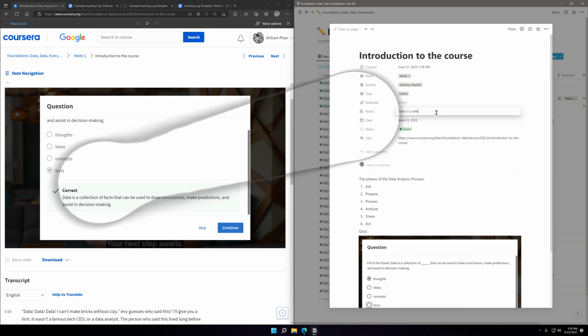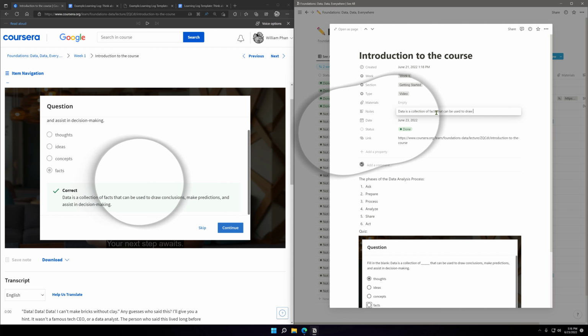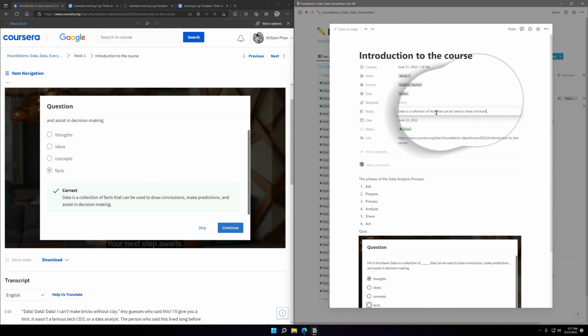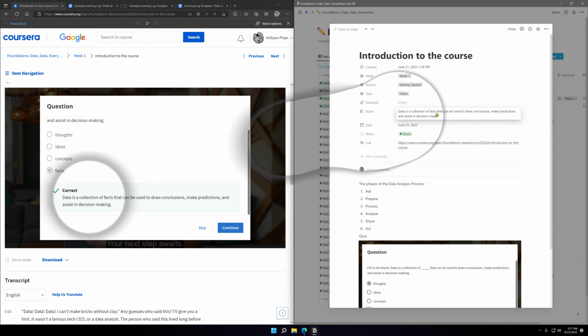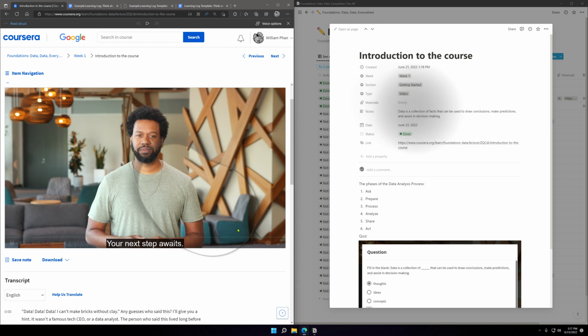Data is a collection of facts that can be used to draw conclusions, make predictions and assist in decision making. Right.